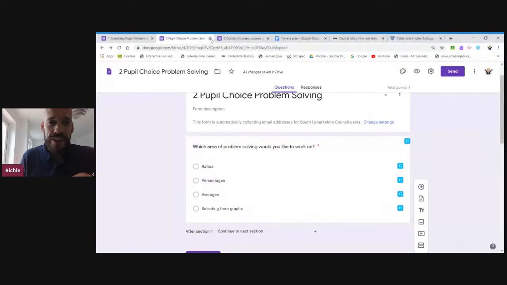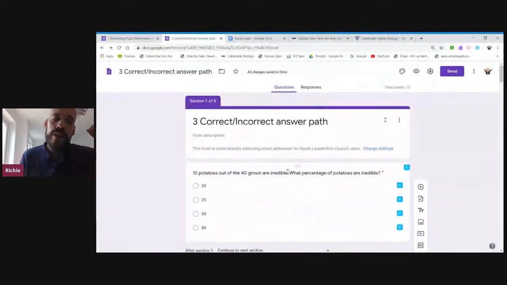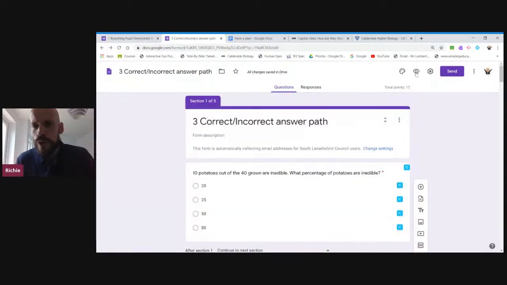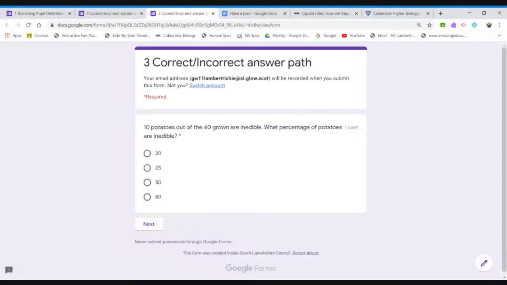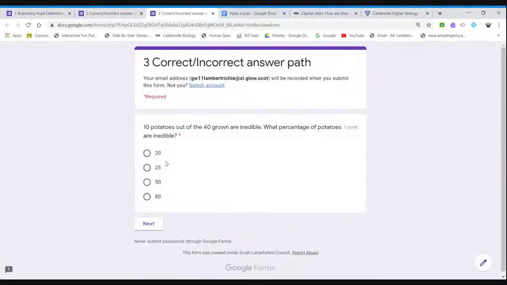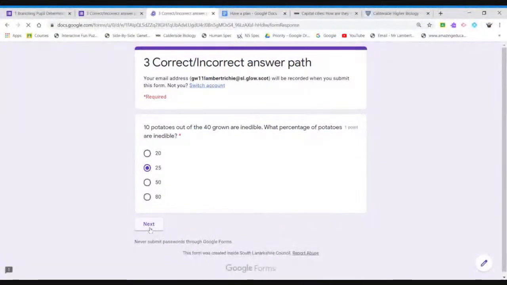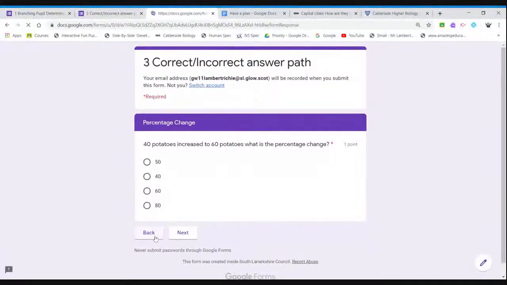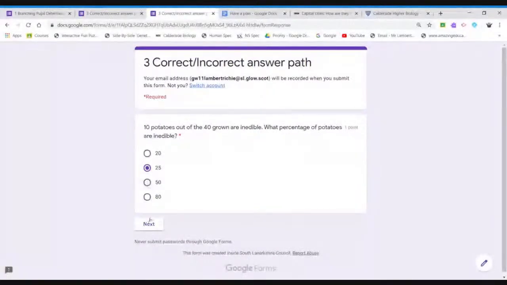Or something I really like is this idea of it sending them a different path depending upon whether they got the answer correct or not. So I've set up a form here that allows them to do that. I'll show you rather than running through how it all works just now. So let's see my maths here. 10 potatoes out of 40 grown are inedible. What percentage are inedible? That's 25, isn't it? Hopefully, yay. So that would just take me on to the next question, which these are percentage change, which are a bit more difficult. But if we go back to that first question, if the pupil had said 50%,